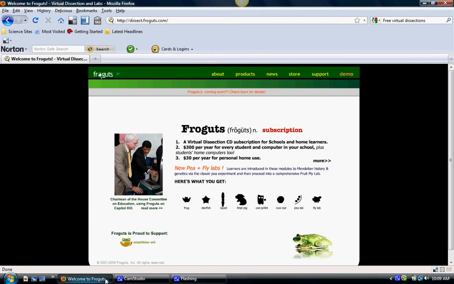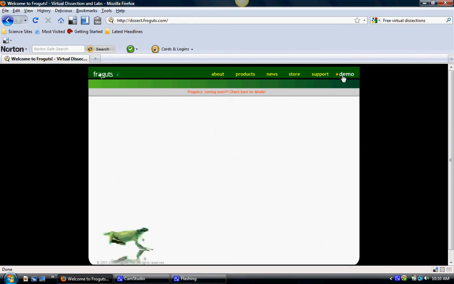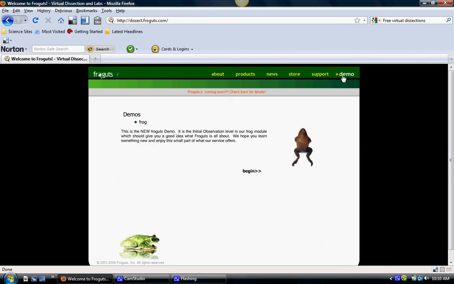So once we get all of our components together, we have one of the students go to the smart board, type in the website, and then we're going to go to the demo mode of the website. It tells you a little bit about what Frog Guts is. It talks about initial observations we're going to make and where we're going to go from there. So if we start,